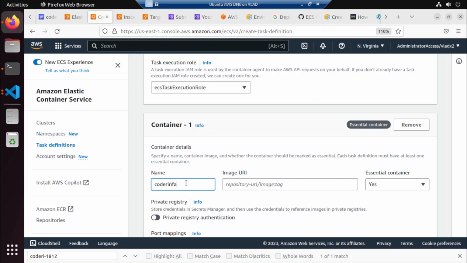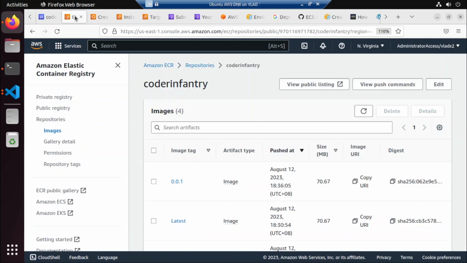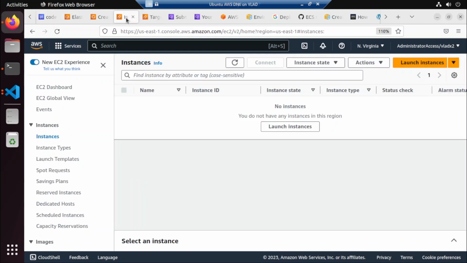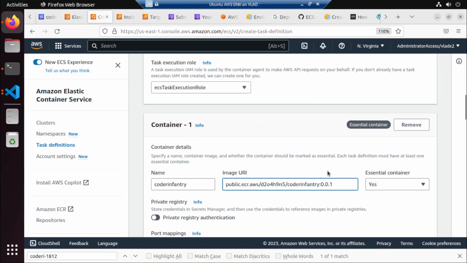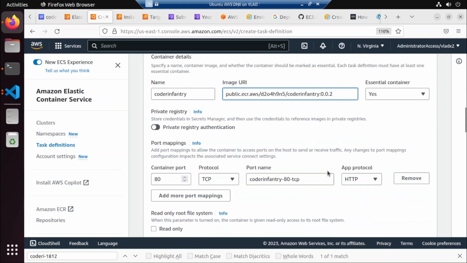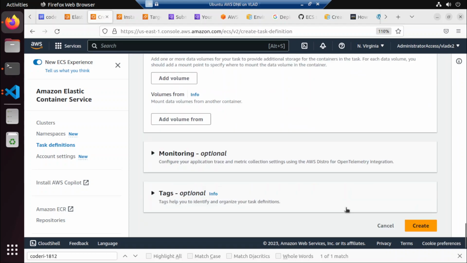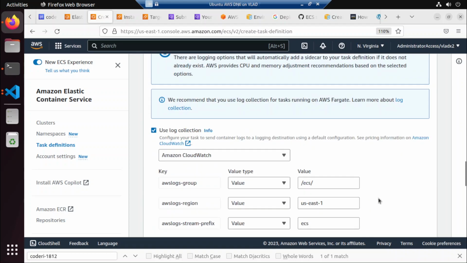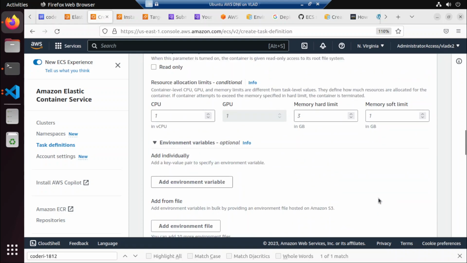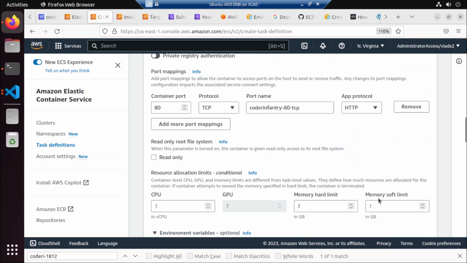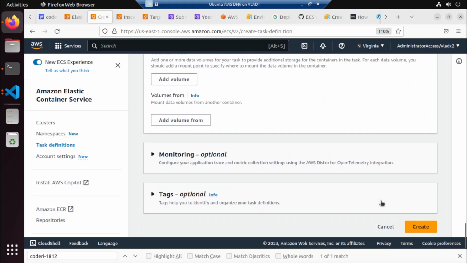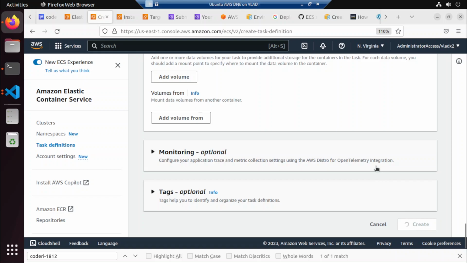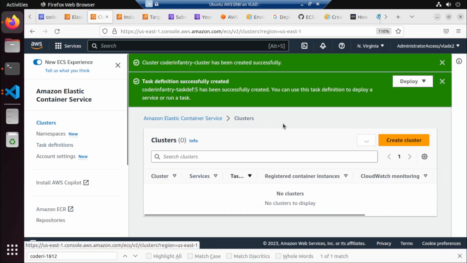Coder infantry, and then our ECR URI is this, like that, but the tag will be 2. Okay, and then what else do we need to add here? Environment variables. We need to add that. No, I guess not. Let's just create our task definition,